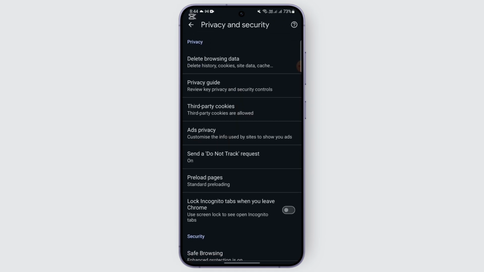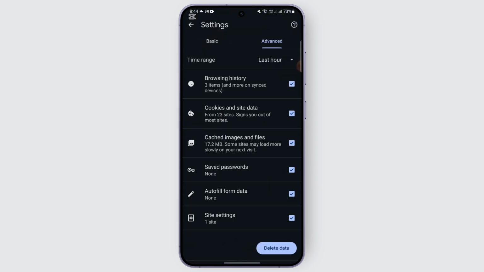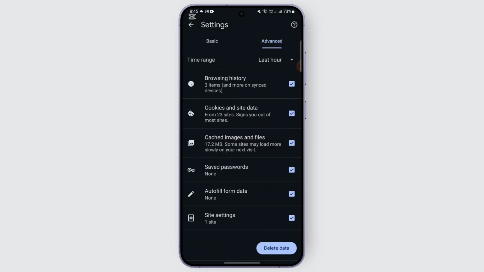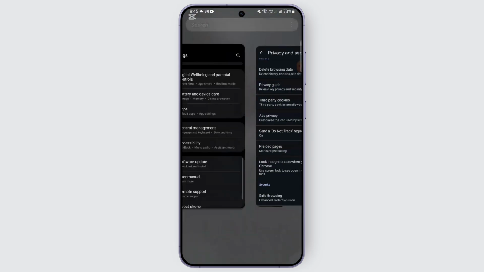Head over to Privacy and security, tap on Delete browsing data, and select Basic. Select browsing history, cookies and site data, cached images and files, and time range All time. On the Advanced tab also, select browsing history, cookies and site data, and cache, and tap on Delete data. After the data is deleted from your Chrome browser, close your Chrome browser